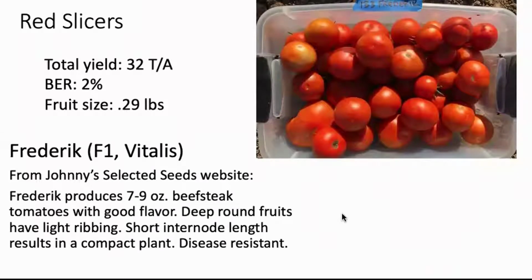So Frederick stood out because it doesn't cat face or have green shoulders. It's a new hybrid from Vitalis, and Vitalis is a seed company that breeds vegetables for organic production systems. And so what Vitalis will say about Frederick is that it's a medium-sized beefsteak known for its flavor. It has a lot of disease resistance, and it is an indeterminate tomato, but it's compact because it has a